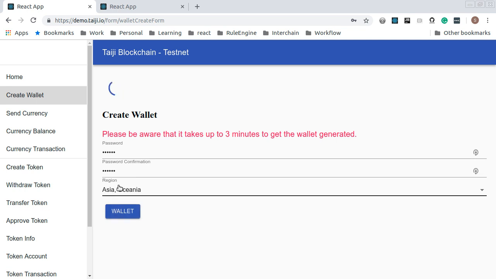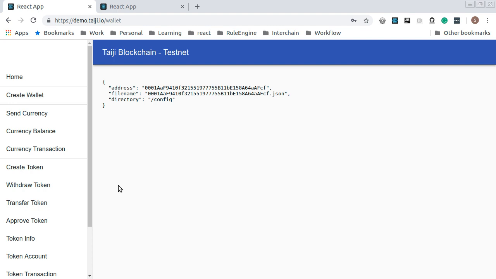The wallet creation will take from 30 seconds to probably several minutes, because we are searching a very wide range of addresses to find the pattern to match the sub-chain home bank. Basically, for every chain you start, the first 3 digits will be mapped to the sub-chain. So we can support up to 10,000 sub-chains for the Taiji blockchain. Now we have the